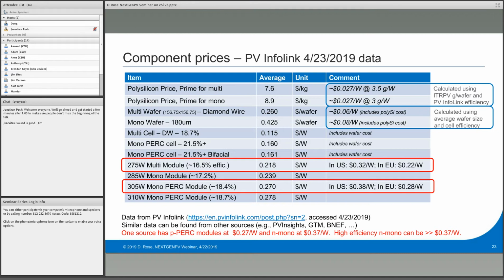But they give more color on, even though that's the average, in the US, the average is 38 cents a watt. And that's because of tariffs, but also higher channel cost, and the fact that the better modules are more highly valued in the US. More quality conscious customers and some applications that really value the better products. And in fact, the high efficiency in mono can be far, far above that 38 cents a watt